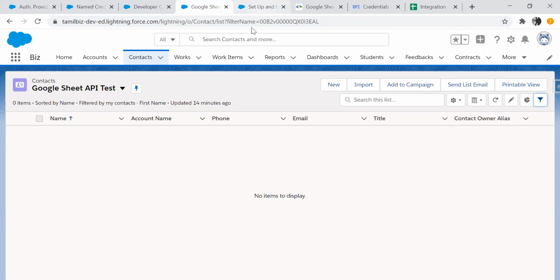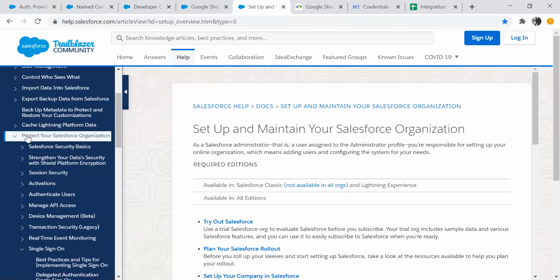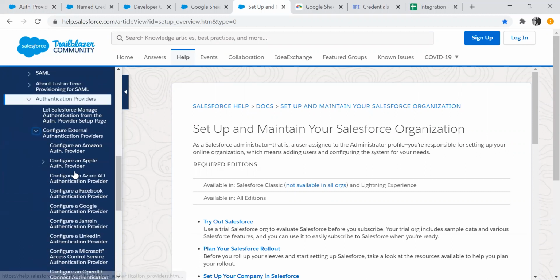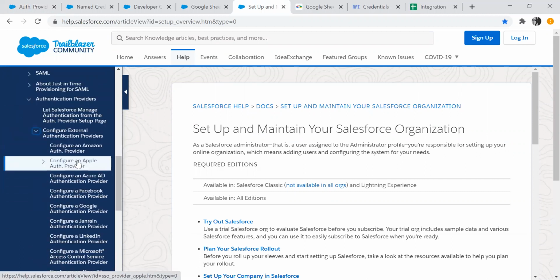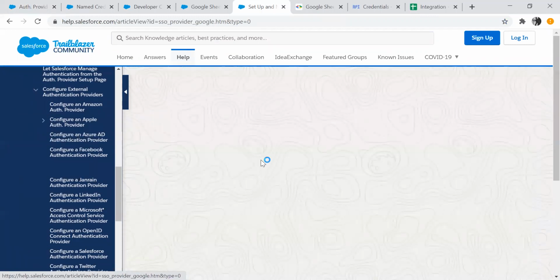Let me open it. If you go to Setup and Maintain Salesforce in your organization, go to the product Salesforce organization and single sign-on. Here, under authentication provider, we are setting up for Google, so we need to select the Google authentication provider.